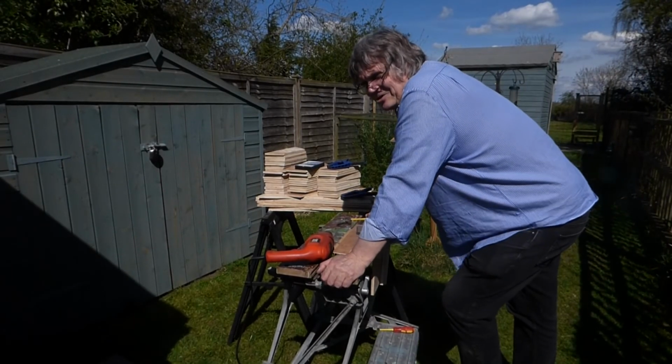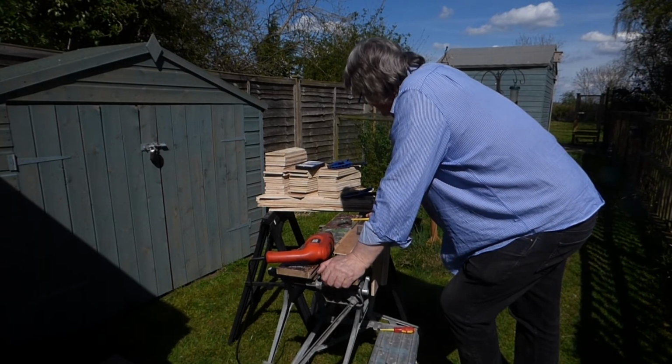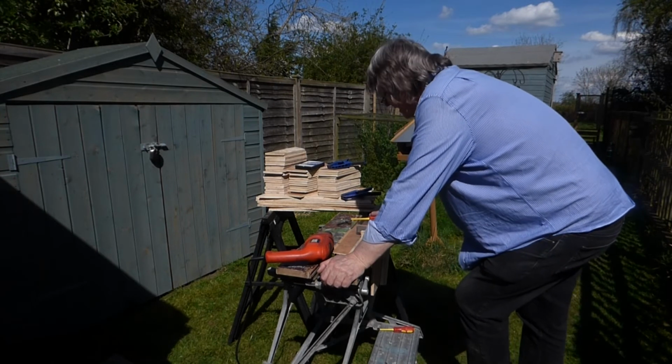Okay, so we're in the outdoor workshop. The missus is feeling better, so I can get on with some work now. So what's the setup? Here is the flat pack fiddle yard,